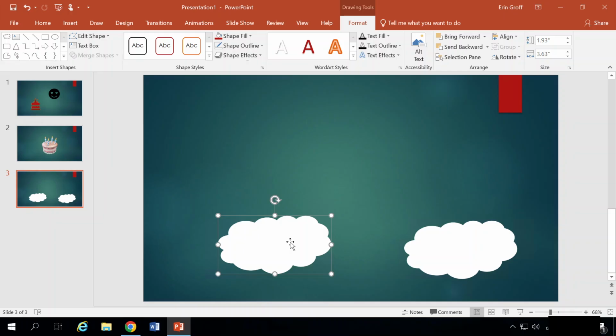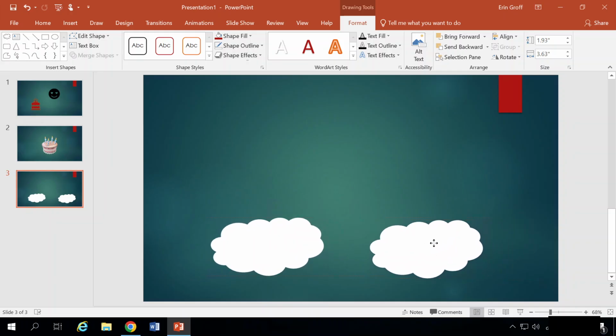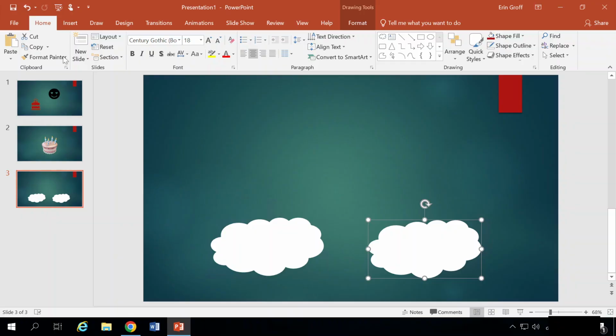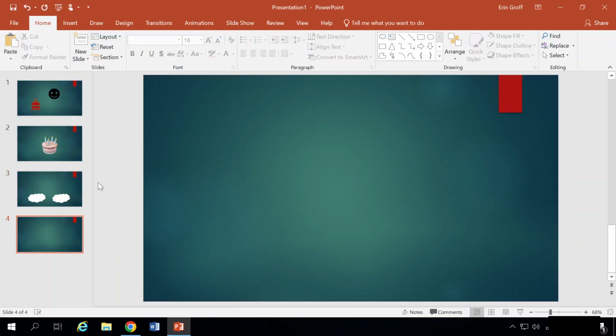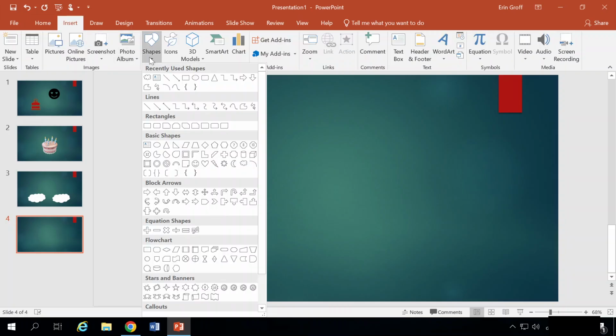Another option that we have available to us is the ability to group our shapes together. And I quickly did that when I was introducing shapes to you in the last chapter. Let's say I wanted to group two shapes together. I'm going to go and create a new slide, and I'm going to insert